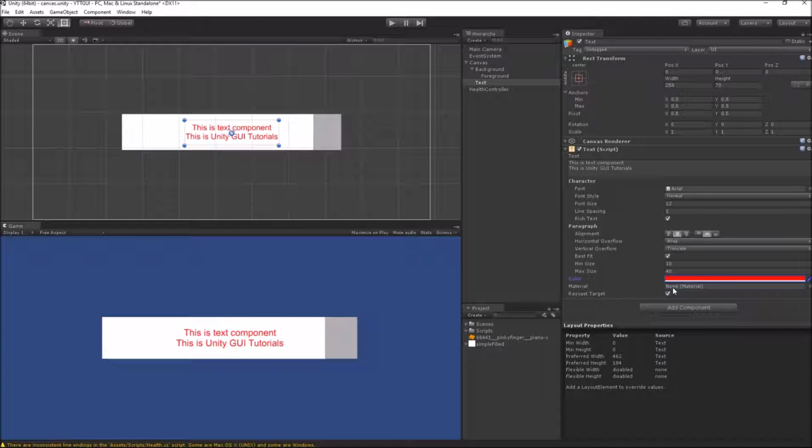And similar to the image UI element, you can assign a material with the help of which you can give special effects. You can apply your own custom shaders to your UI elements and how they look when seen by the camera. And turning the raycast target to off will make this UI element not block any UI events like